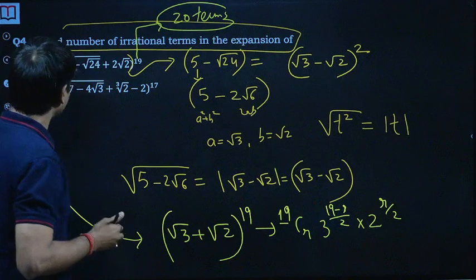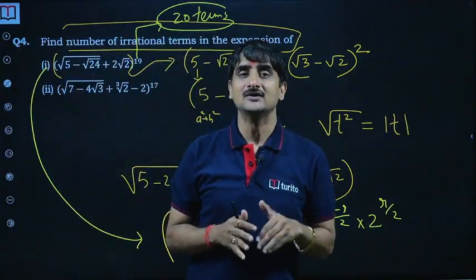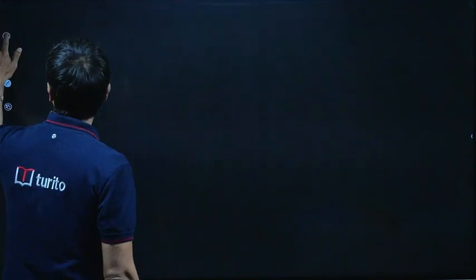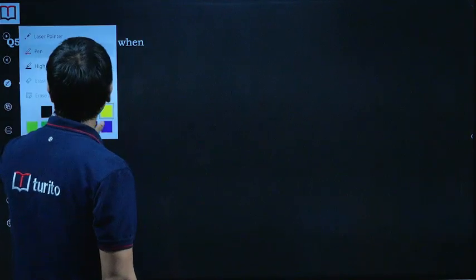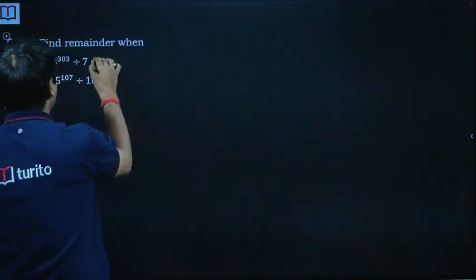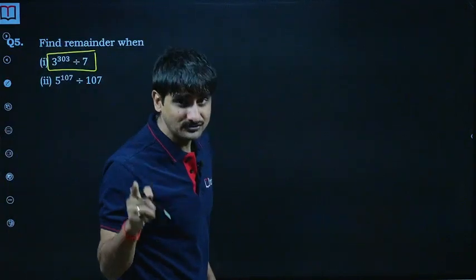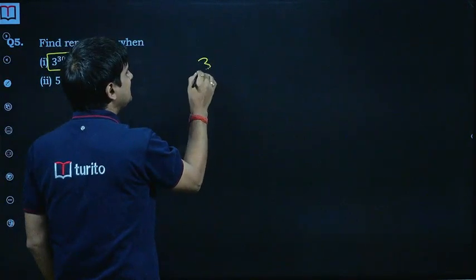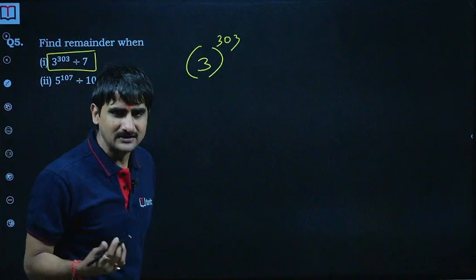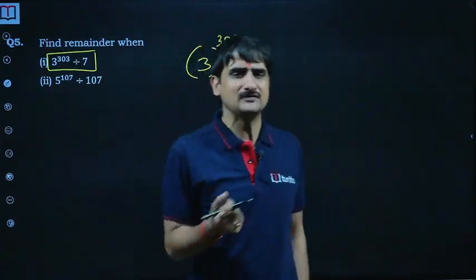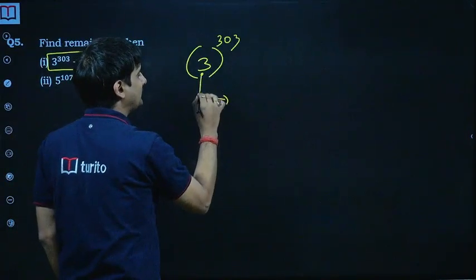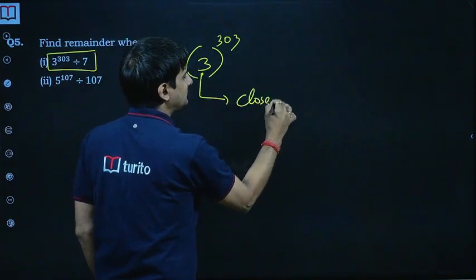Okay, so those were again the questions based on the application of the general term of the binomial expansion. So now moving to the fifth question, what is it? Now that's again a very important part: find the remainder. So see, in case we have to find a remainder, the approach is we try to write the base of the dividend. We can change it by raising it to different powers, like 3 raised to the power 303, we can convert it to 3 square, 3 cube, whatever. So we try to write this base of the dividend as closest to